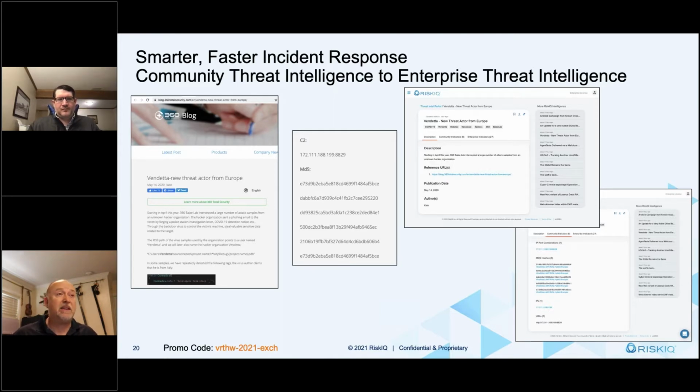And these are the enterprise indicators. So if you click on that, you'll see everything. You don't have to go through and piece it all together. Somebody's already done that. And they're all downloadable. So you can download those things and bring them into your SOAR or your SIEM or your firewall and take action with them right away.